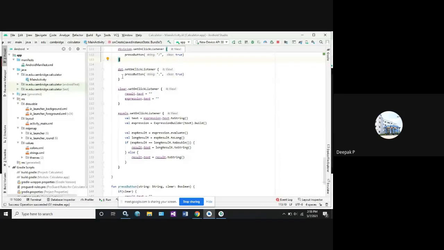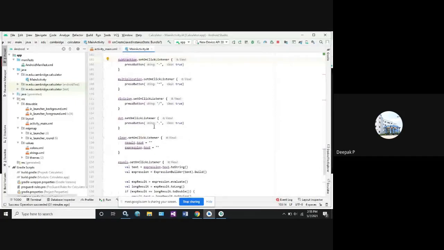As you can see here, for the other functionalities of the text view content, we have written the code like this. Whereas when it comes to clear, in clear we have two things. One is it has to load the resultant text as well as the expression value. For that, we write two lines here: result.text equal empty string, expression.text equal empty string. Because at the initial or at the end moment, the data will be loaded in the string. So to load that from the memory, we will be writing an empty string now.